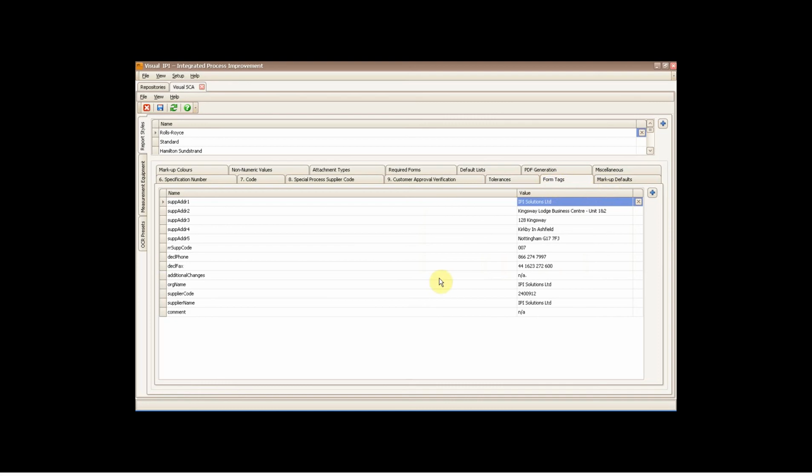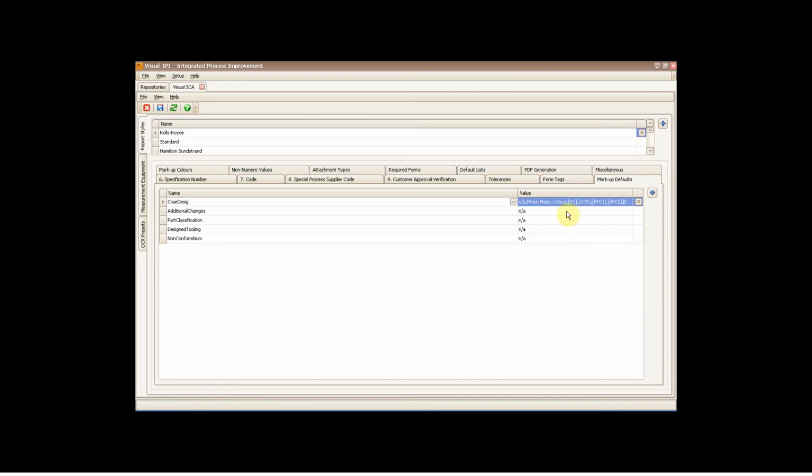We have the ability to set up different types of values that go onto the forms. So for example, we could have names and addresses going onto specific customer related forms. So this is going beyond AS9102. You can customize certain fields on forms, and each field basically has its own